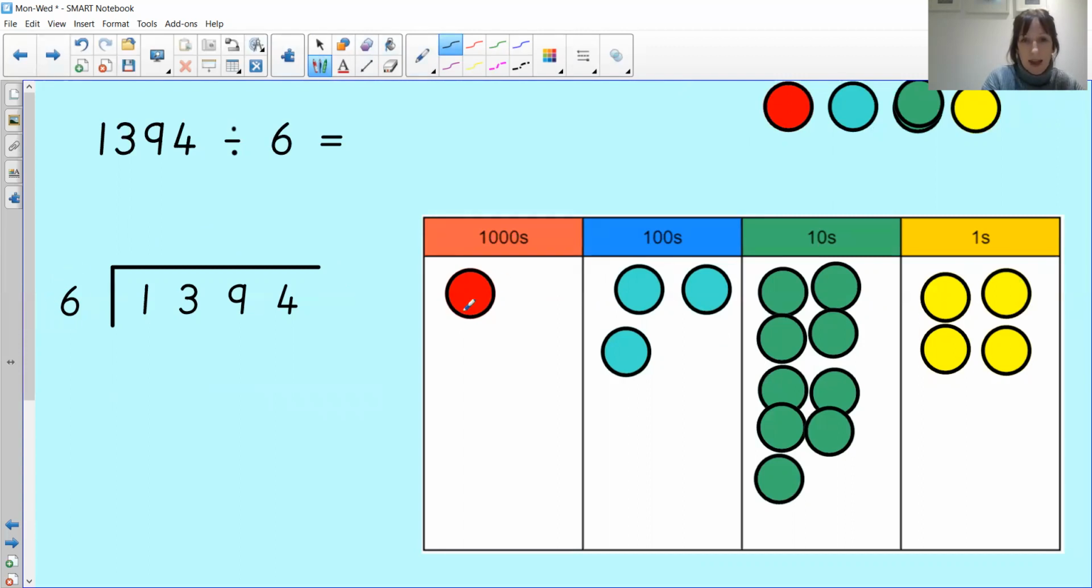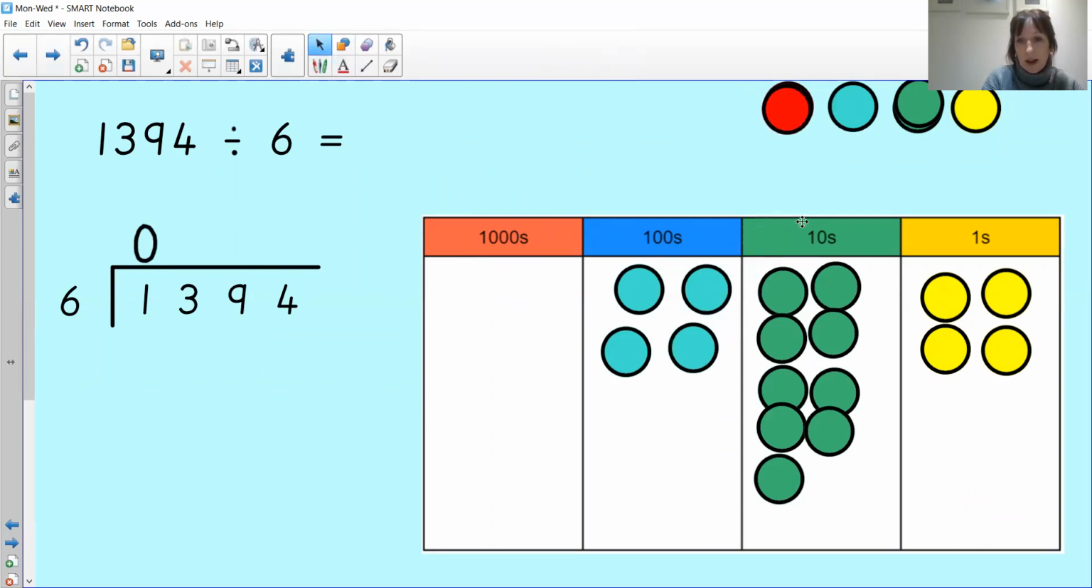So can I make a group of 6 with 1,000? No, I can't, can I? So I can't make any groups. So what I'm going to do is exchange that 1,000 for 10 hundreds, because 10 hundreds makes 1,000. So there's 1, 2, 3, 4, 5, 6,